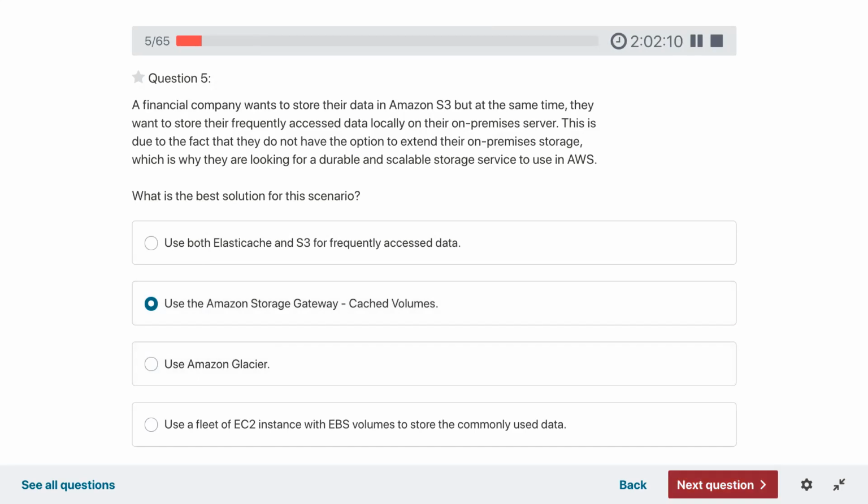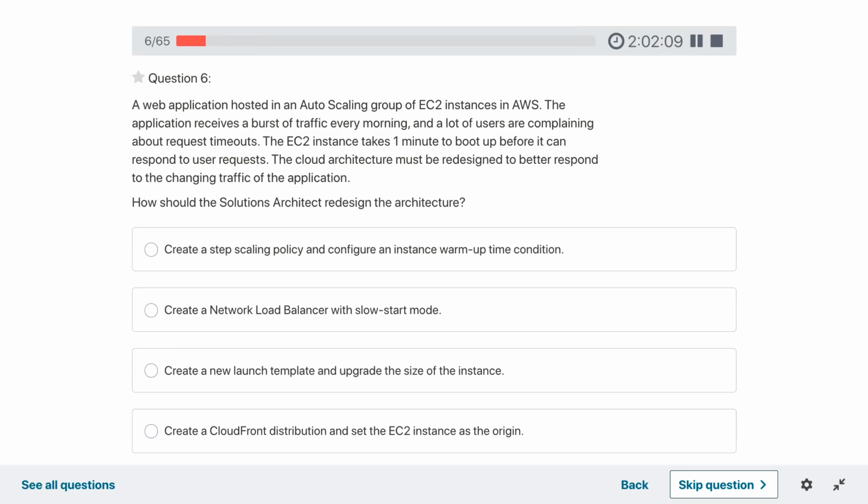A web application hosted in a ASG of EC2. ASG is auto scaling group. To read faster, I'll be replacing auto scaling group with ASG in upcoming questions. So a web application hosted in an ASG of EC2 instances in AWS. The application receives a burst of traffic every morning, and a lot of users are complaining about request timeouts.